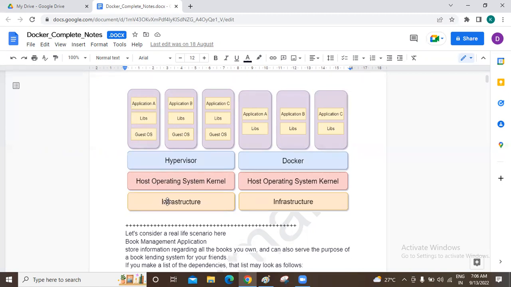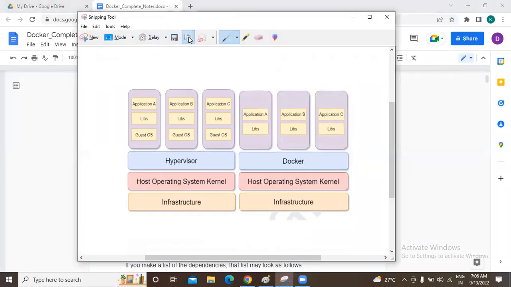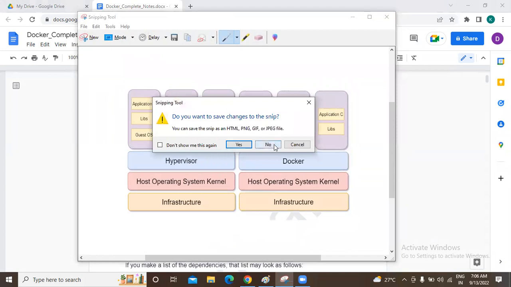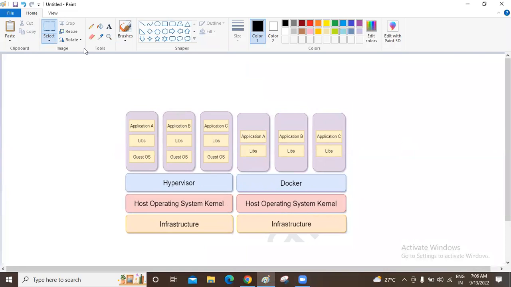Let's say our host operating system is Windows. If we install a hypervisor, using this hypervisor we can also install a Linux distribution like Ubuntu or Red Hat, whatever it may be. So for example, we can install a Linux machine. Let's say a developer is developing source code for a particular application, let's say a Java application. I'm just telling what we have discussed. So let's say a developer has developed source code for this particular application A.